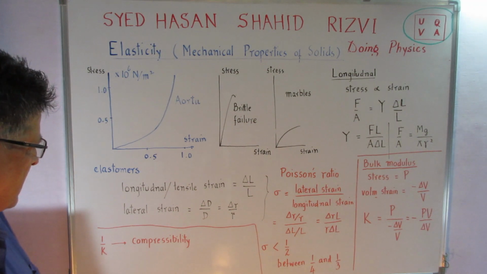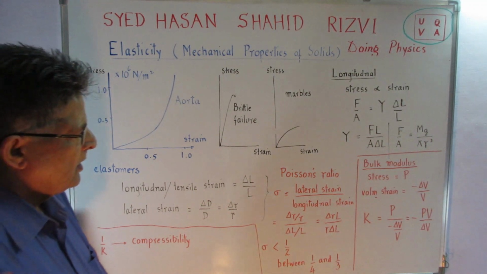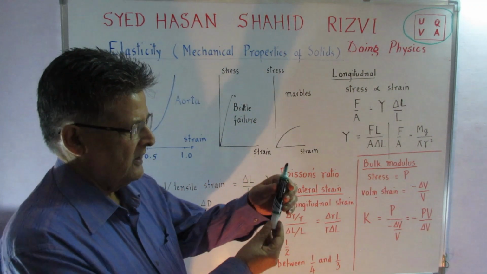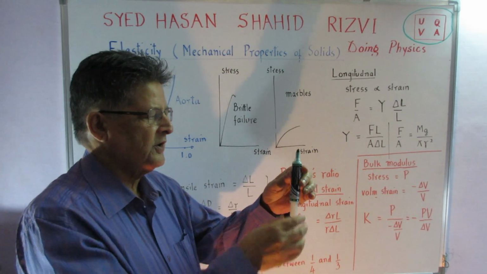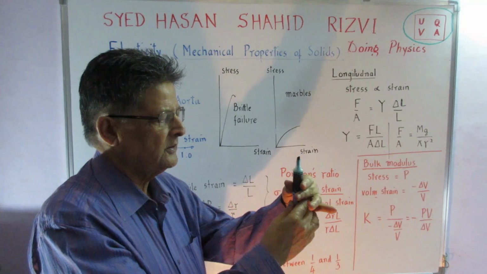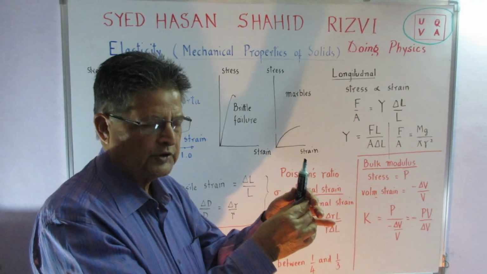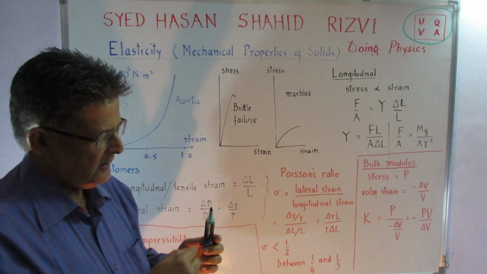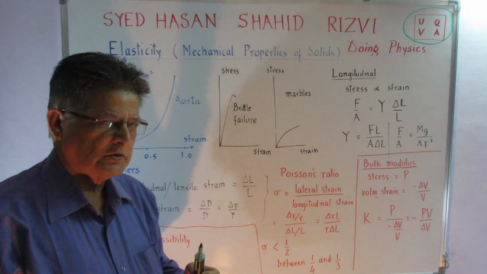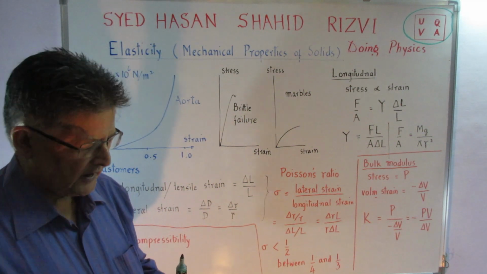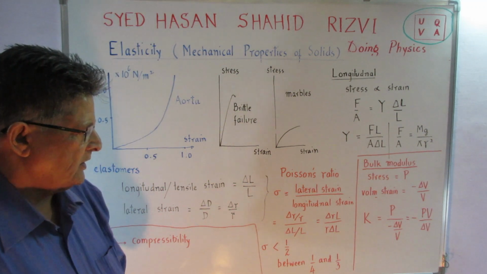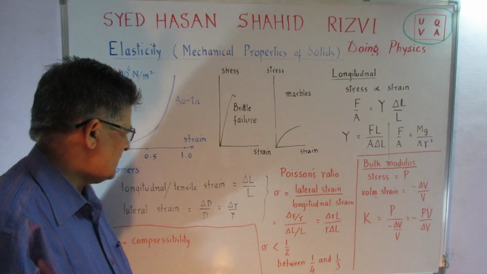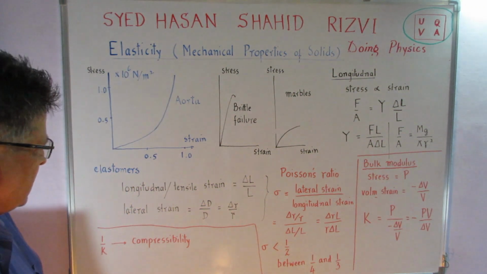Now we can find that when the forces are applied here, then this wire or the cylinder which is subjected to these tensile or compressible forces, its area of cross section also decreases. When they are elongated, the area of cross section is reduced, and we talk about what is known as the